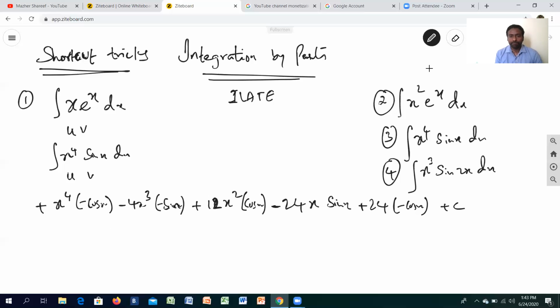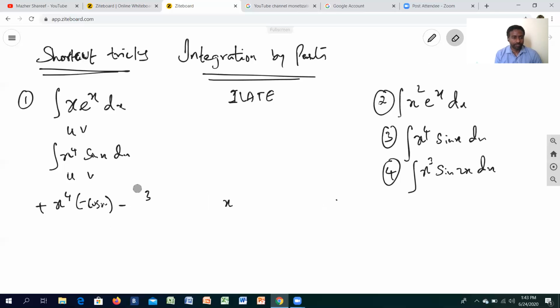By this, you can do the problems of integration by parts quickly, within no time. Let's take another case, where I have x raised to 4 and sine is multiplied with 2x, a multiple angle, sine 2x. So in that case, what are we going to do? I have reduced the power and taken a sample question with x cubed sine 2x. As I told you, take a function and write it as it is, x cubed, then differentiate it: 3x squared, 6x, and 6. Stop it.